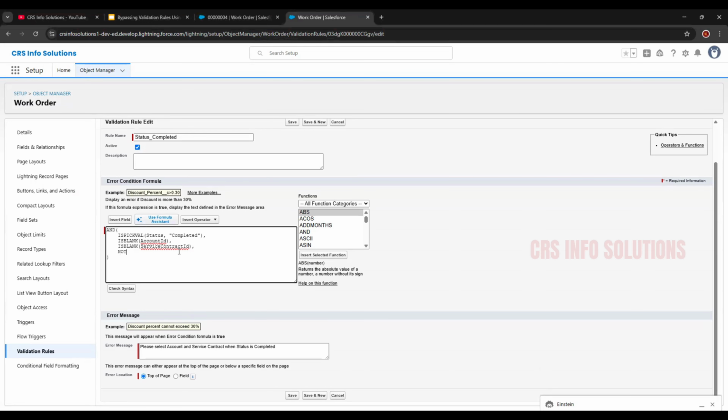Which is NOT, and then we will use the global variable of permission, the $Permission. And the name of our custom permission, let's go ahead and see the name.